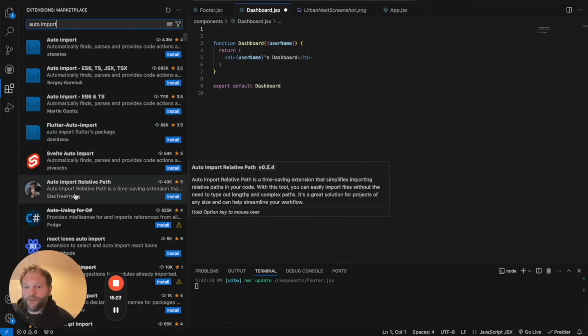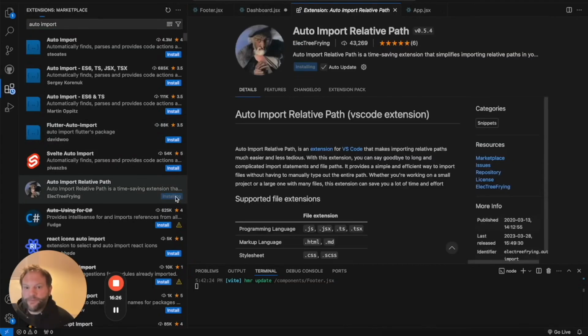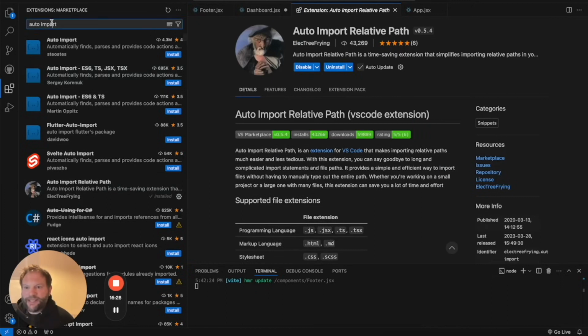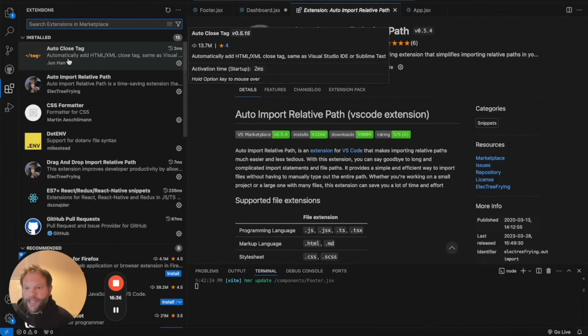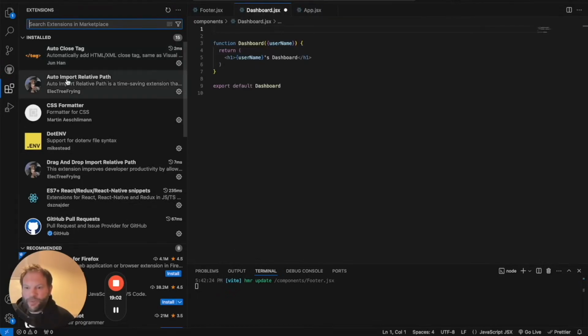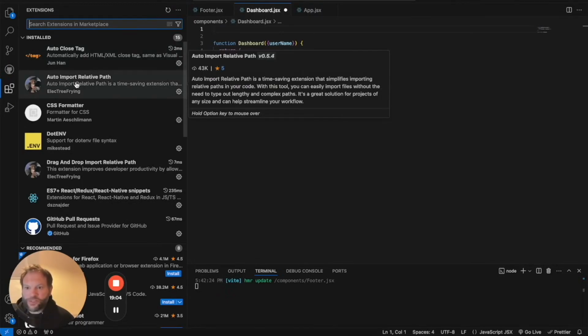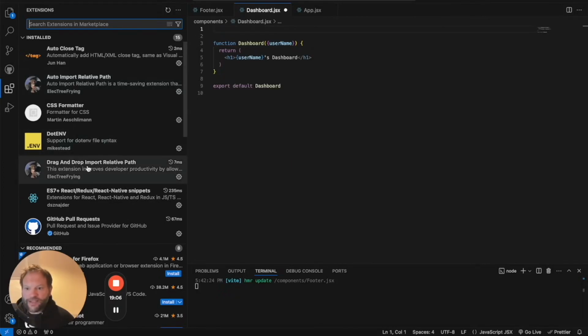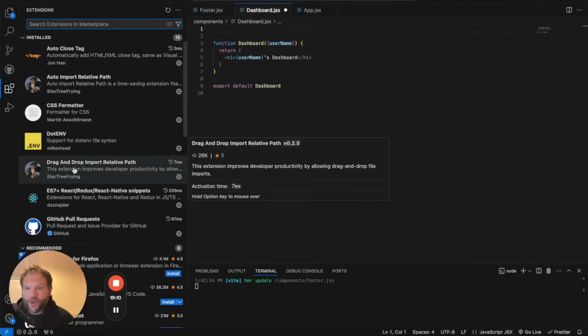This is the one right here. So let's click install. And if we just clear the search box, that will take us back to our installed extensions. What you'll notice is that we got 2 for the price of 1. We've got auto import relative path and drag and drop import relative path. And it's this one that I'm really interested in, although they come together.